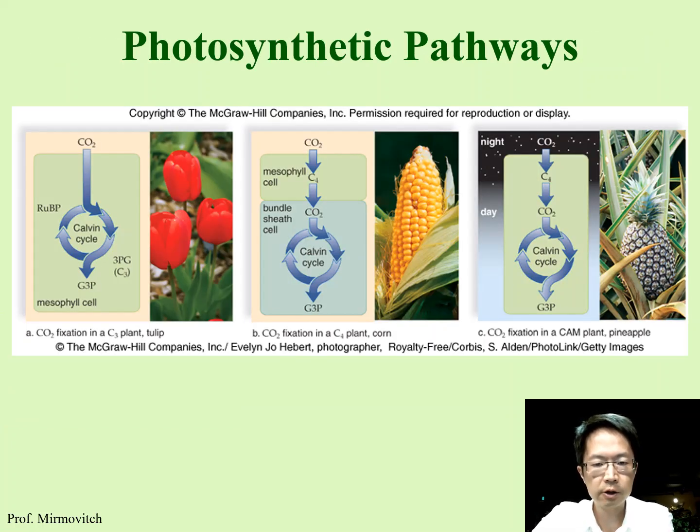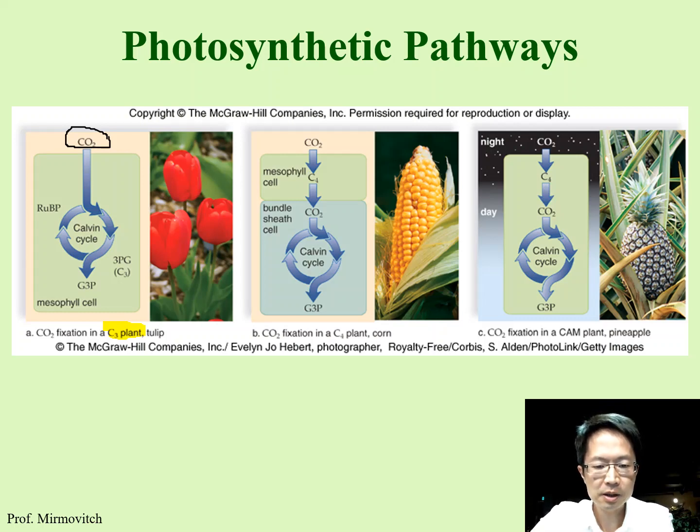So you can see the differences of the 3 pathways. The first one is the C3 plant. We call it the C3 plant, the most common plant. Basically, the carbon dioxide is in the space of the spongy mesophyll, and they just go into the spongy mesophyll cell. They just go into the plant cell and start the Calvin cycle. There's no separation for that. That can cause, if the plant is in a hot climate,